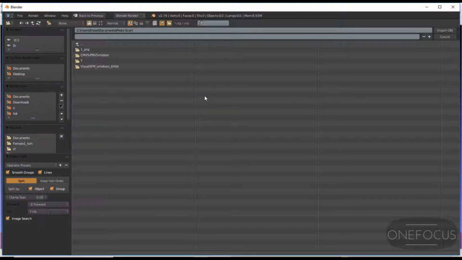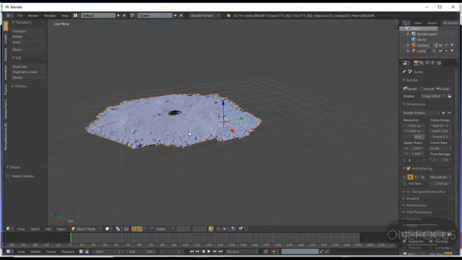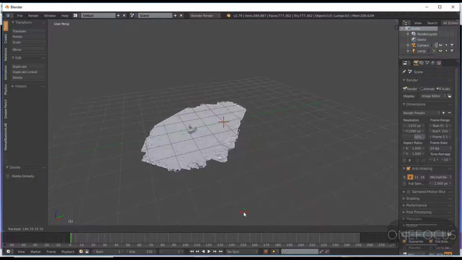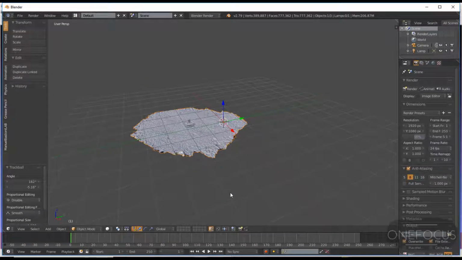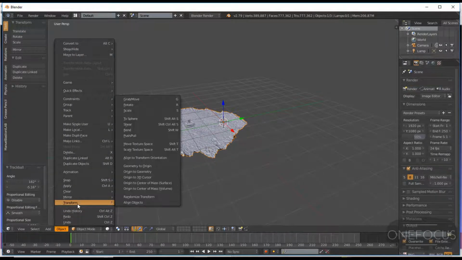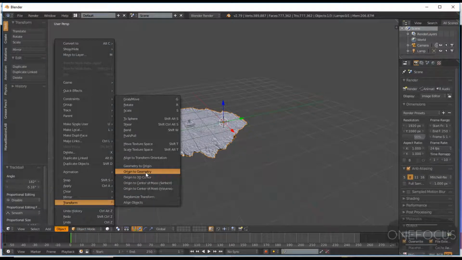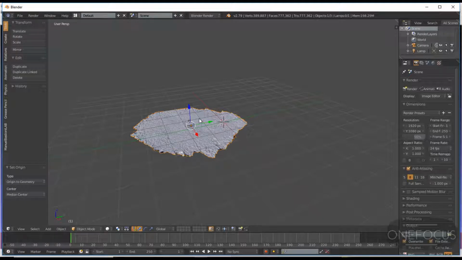Just have to go to where we saved the file, import. You have to rotate the mesh by clicking R twice, and we see that the origin is changed. We go to object, transform, and origin to geometry to move the origin to the geometry, and then we just